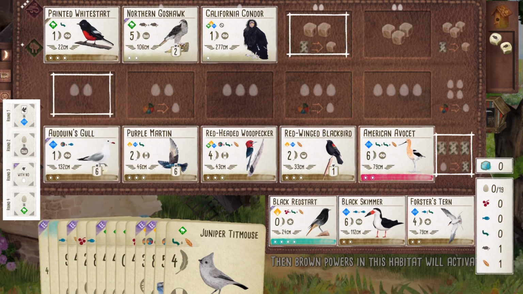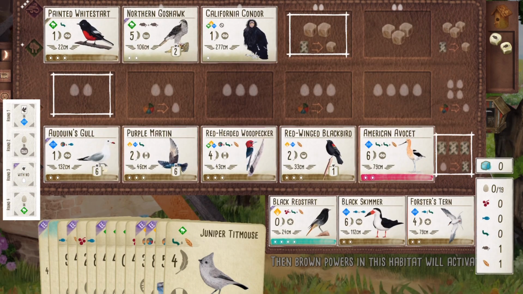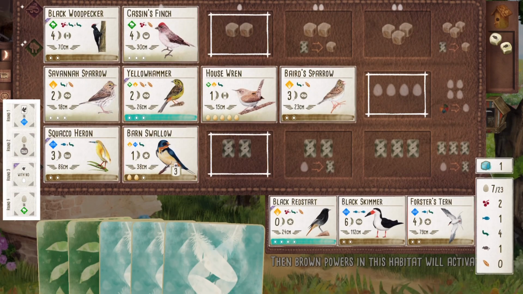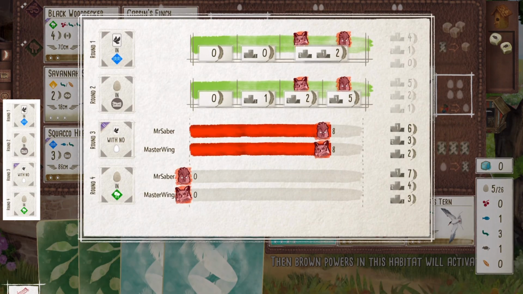We're fighting, people. We are fighting. I know nobody feels sorry for me with 3 tuck birds in the wetlands, but 50 points by the end of round 3, that's not good. That's not good. New players, if you...